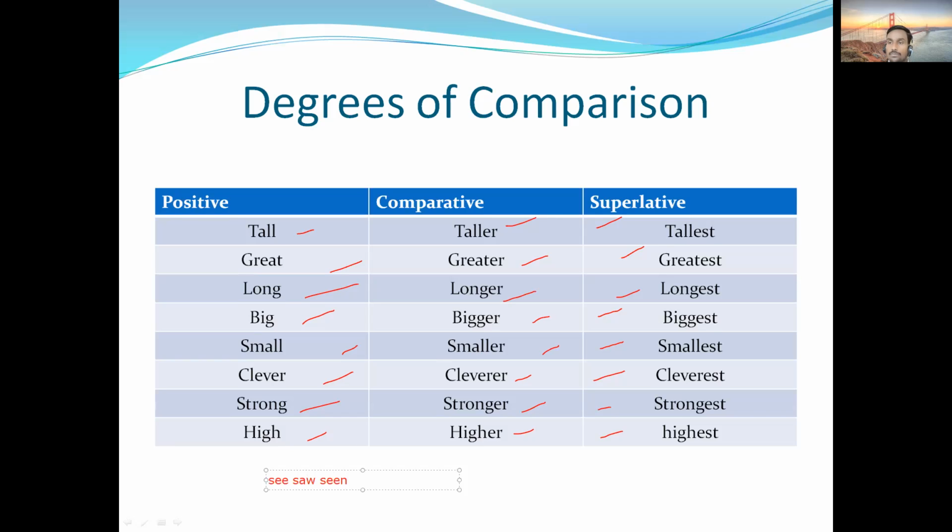Seesaw scene. Thick, thicker, thickest. No, no, first tell me about seesaw scene. Then we'll go for thick, thicker, thickest. Seesaw scene. Is it right here? No, sir. Why? It's a verb. Yes, see is a verb, because we have studied verbs, and verbs also have three forms. So you should not get confused. There are many students who get confused with three forms of verbs and three forms of adjectives. So see is a verb, see is not an adjective. So see, saw, seen will not come here.